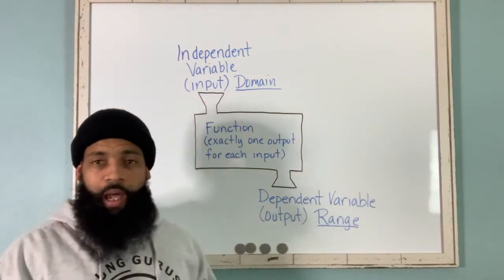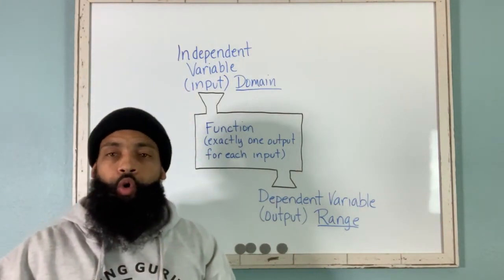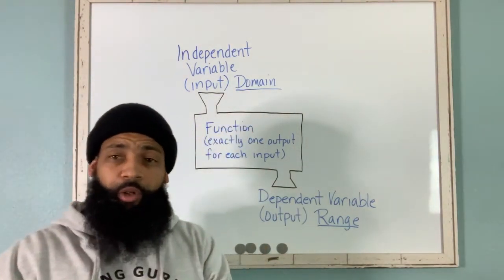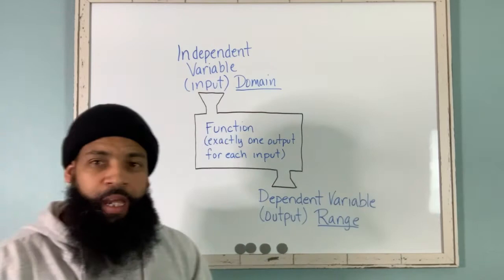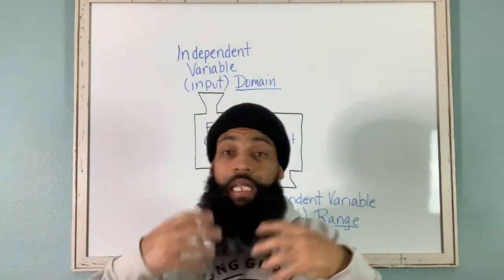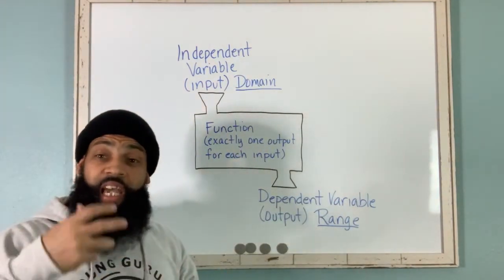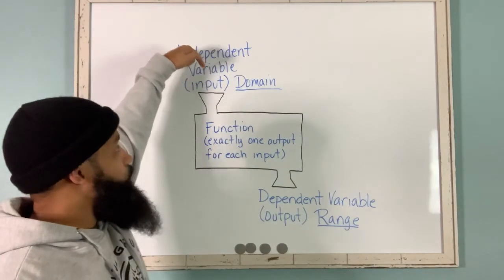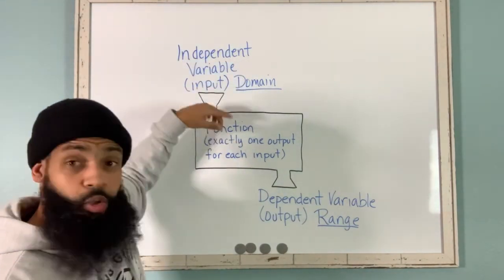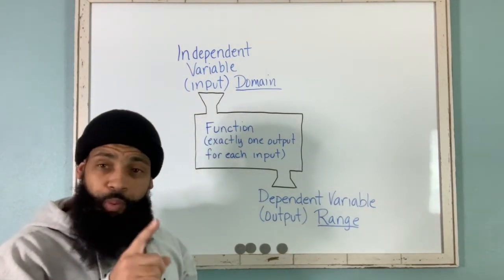And so what goes into the machine is your independent variable or your input, right? We also call it the domain. That's another vocabulary term, domain, right? And so it goes into the machine. Now, the machine is actually going to be an equation, right? And if it is a function, then for each input value or each independent value that goes into the machine or into the equation, it's going to put out exactly one output value